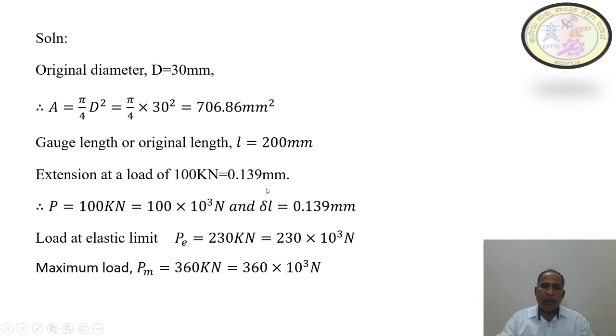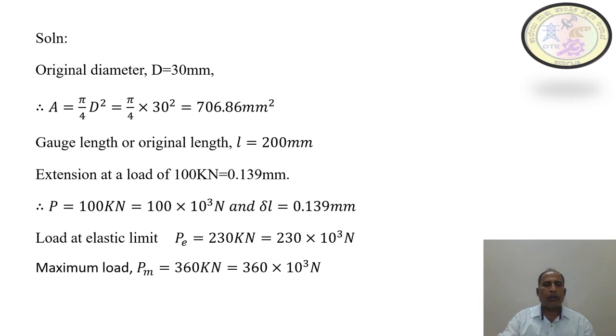So the stress is proportional to the strain up to proportional limit, and there is a point very close to the proportional limit, that is the elastic limit, where the stress is not proportional to the strain beyond the proportional limit, but the material has the ability to regain its original shape and size after the removal of external forces up to elastic limit. Therefore, values up to the proportional limit will be used for calculating the Young's modulus.